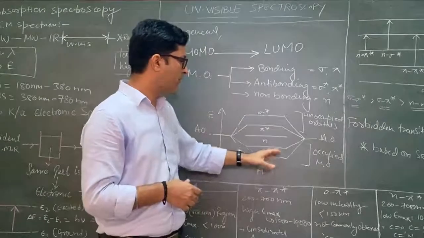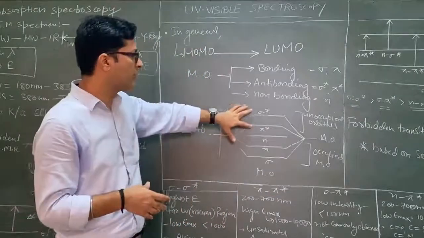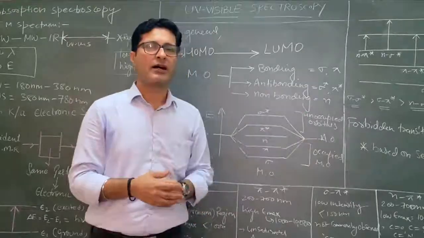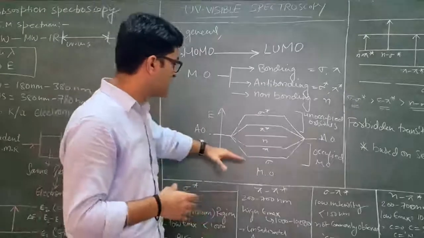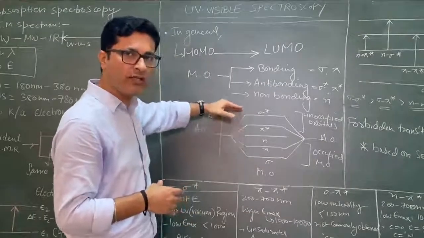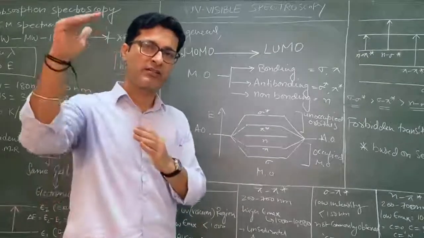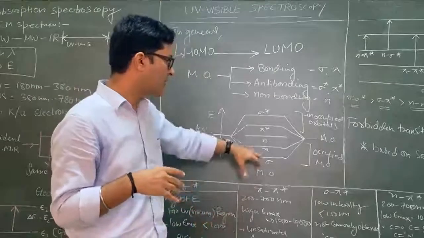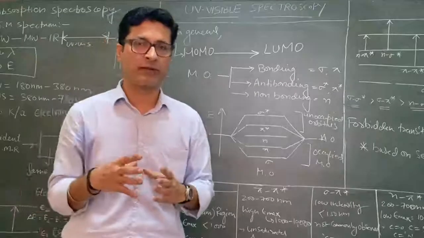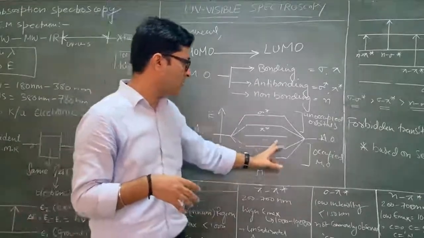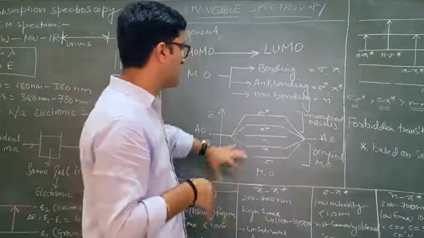The sigma and pi orbitals are generally considered occupied molecular orbitals, and the anti-bonding orbitals are considered unoccupied molecular orbitals. The energy increases from down to the upside. So anti-bonding or unoccupied orbitals are present at a higher energy state, whereas the occupied or bonding orbitals are placed at a lower energy state. That means the electrons present in the sigma and the pi bonds make stable bonds, and the anti-bonding orbitals are considered unoccupied.